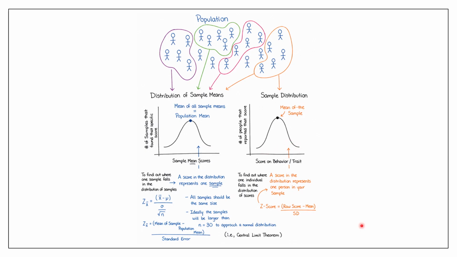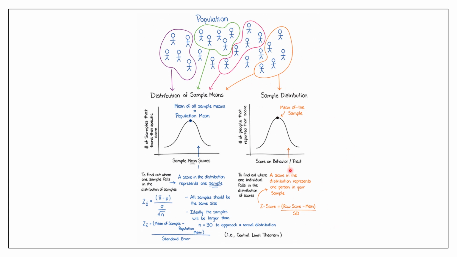And for us to do this, or for us to find the location of that specific score, we use our z-score formula that we've talked about last time. So again, you hopefully are already very familiar with this. We have a z-score, which is equal to the raw score minus the mean divided by the standard deviation of